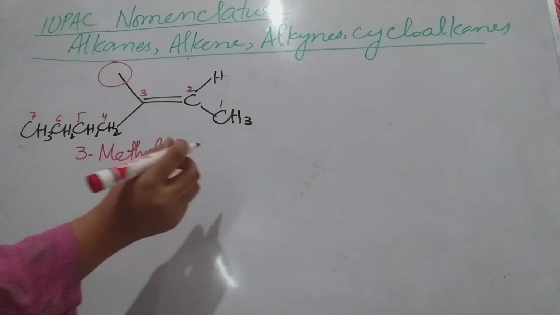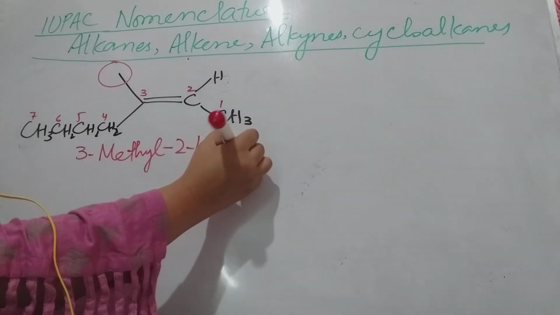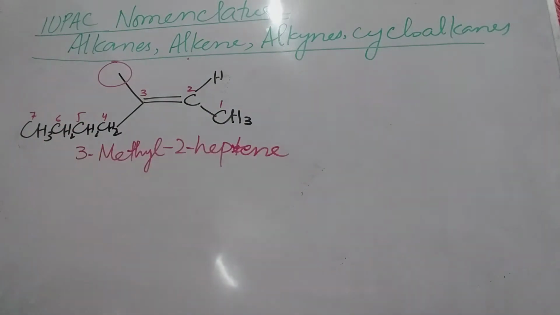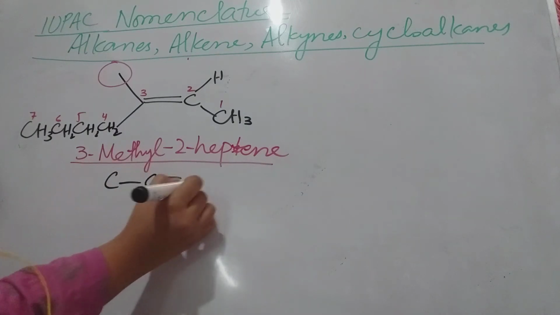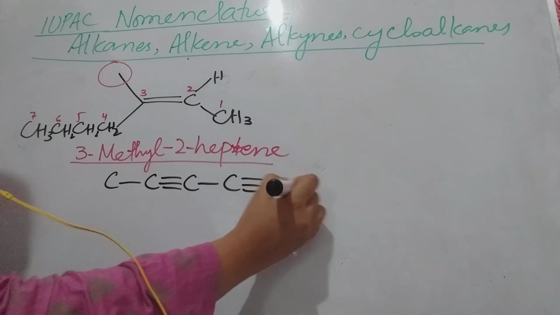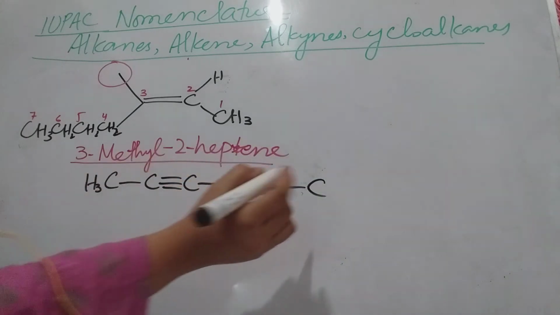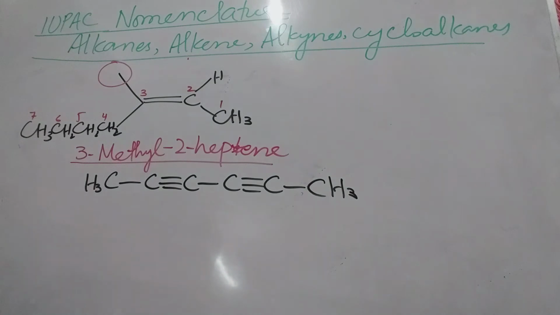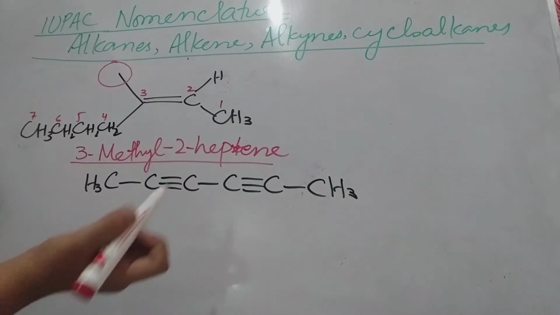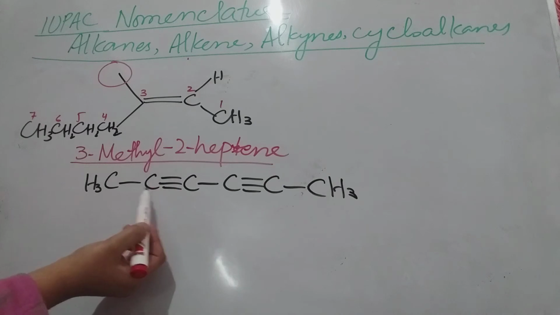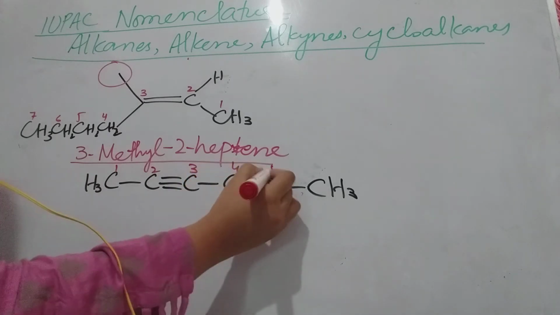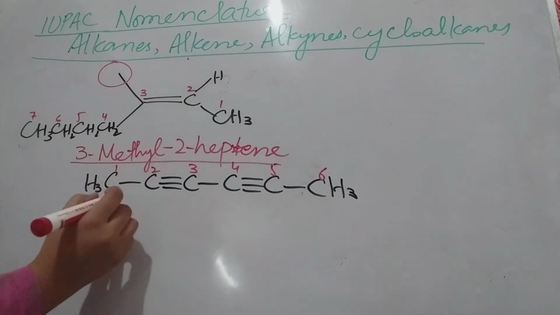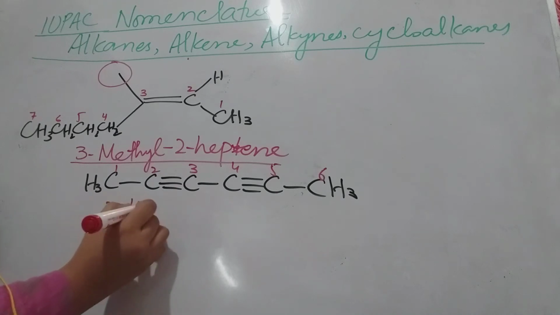And how many carbons in the chain? 7. So heptene. This is the name of this compound. Again you have another compound, C single bond C triple bond C, C triple bond C, C. Okay, CH3 over here and CH3 over here. So it is also symmetrical, as 2, 3, 4 and 5. From here 1, 2, 3, 4 and 5. You can number it from here, 6, right? So you can say 2 and 4. Got it?